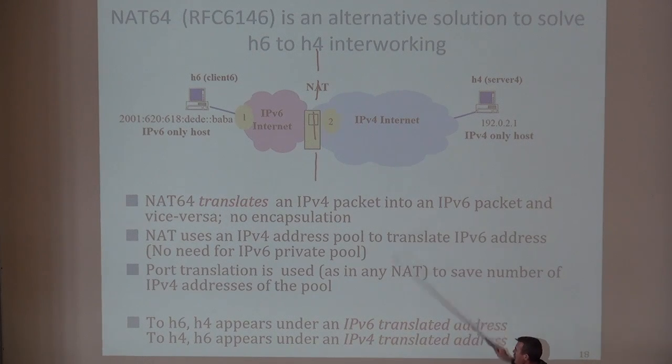With this way of operation, we will give the illusion to H6 that the server with whom it speaks is an IPv6 server. We must do that. There's no alternative because this guy speaks IPv6 only. So it will send IPv6 packets to that server, which means it will also believe this server has an IPv6 address. You will need to put an IPv6 destination address.